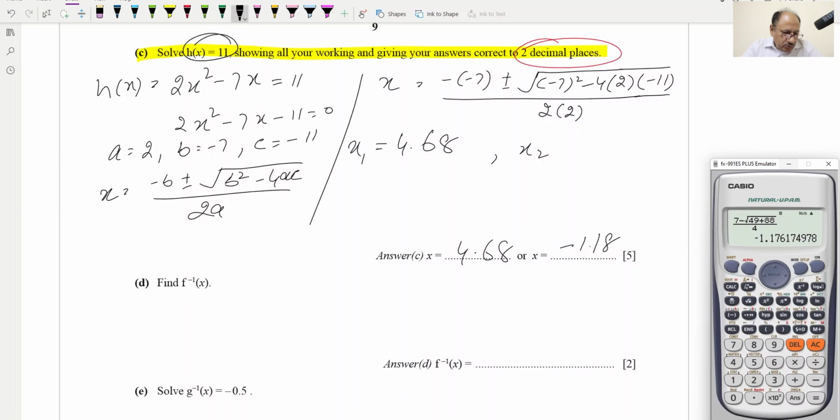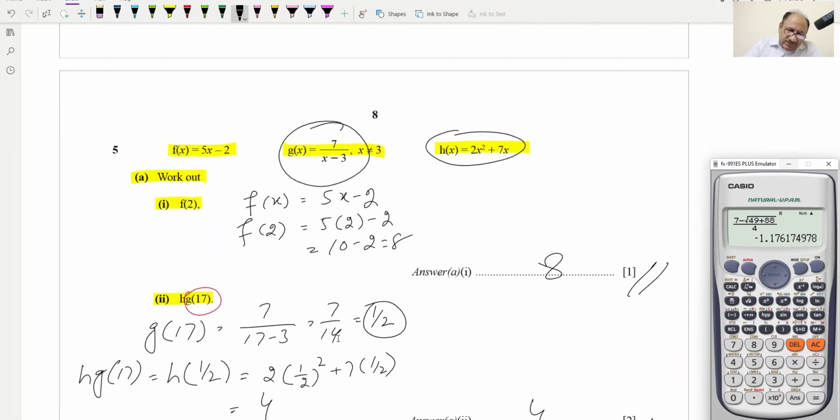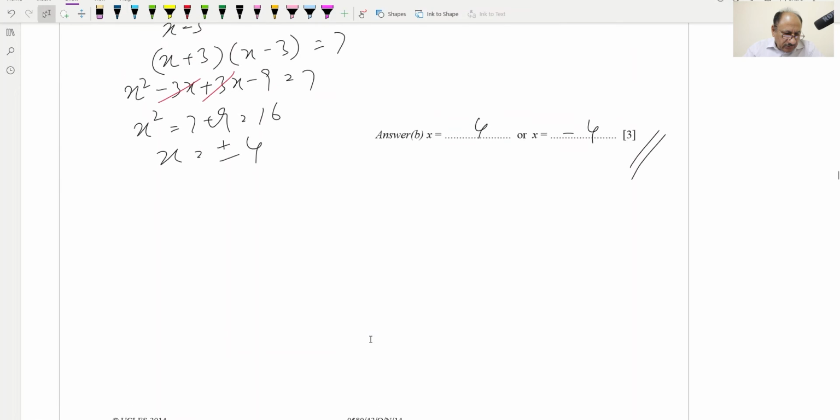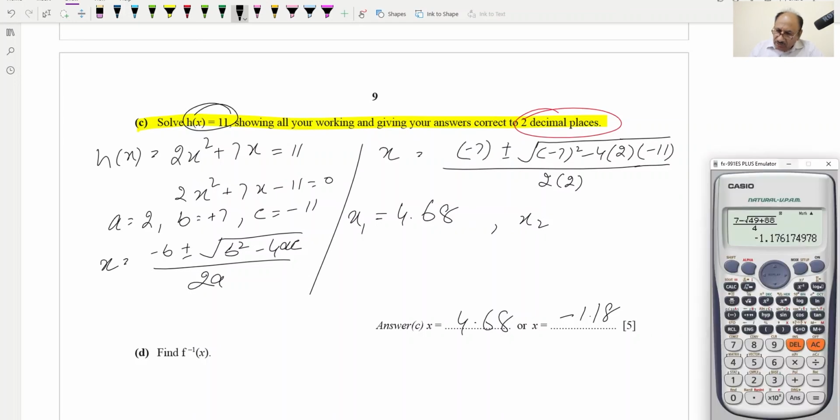A value is 2, B value is minus 7. Basically we have made a mistake in this one. 2x squared, we'll check the h of x. H of x is plus 7x, so we'll have to rectify this whole sign. This will be plus, this will be plus, and b value will be plus, so plus 7. So we'll have to take this one as minus b, and if we change the value over here for plus, if we change this one to minus, and this will be equal to